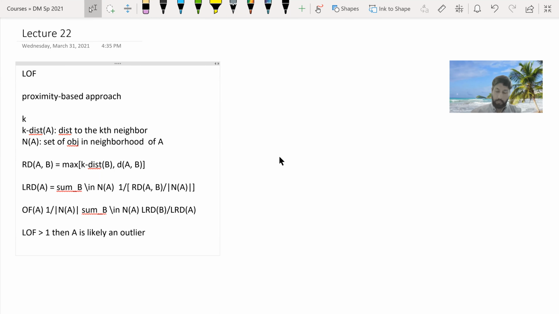And of course, to actually find those objects, you might have to threshold this. So we have to threshold LOF to find the set of outliers in A. Okay. So of course, that threshold, the domain expert would have to decide. But more importantly, this is a ranked value. So it's a score. So you can always look at the score from the top and just decide where you want to cut off. Okay. So you can do a bit of visualization and kind of interactive approach